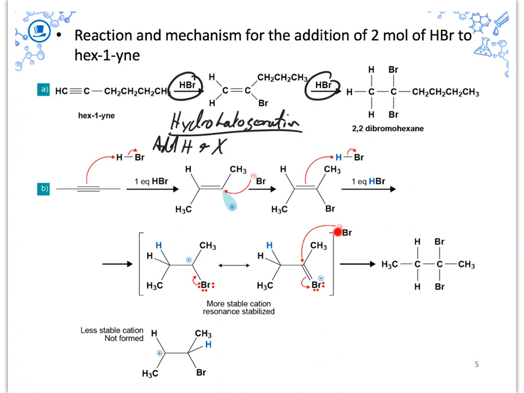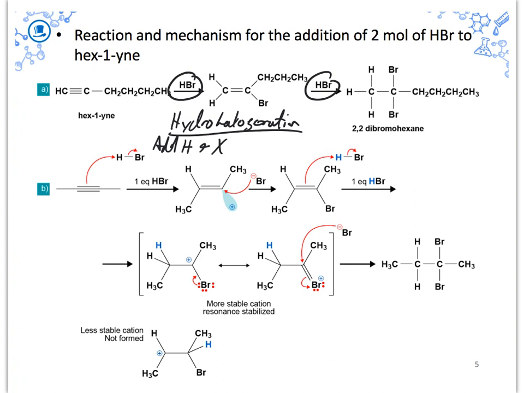So the bromine could either come in and react here, or you could show it doing this addition this way with 2 arrows. Either way, the bromines end up on the most substituted carbon, and they both end up on the same carbon. A lot of times this won't do a rearrangement because it's already very stabilized by lone pair resonance from the bromine. So hydrohalogenation, you add H and X, you get a trans addition, the anti-stereochemistry. And if you had a second equivalent, the bromines end up on the same side because of resonance stabilized lone pair